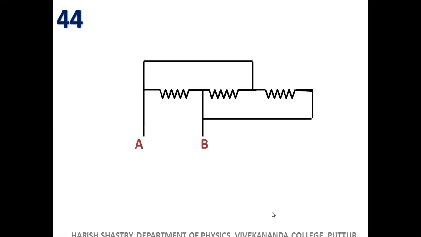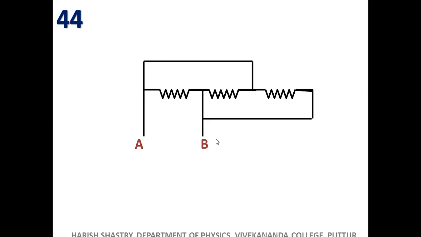Here is the 44th problem. Now, of course, this cannot be a Wheatstone network at all because there are only 3 resistors. Now, I say that all the 3 resistors are in parallel. Sir, how come? See, this is common with this one. Sir, is it not a short? It is not connecting the 2 ends of the same resistor. It is connecting the 2 ends of different resistors, right?